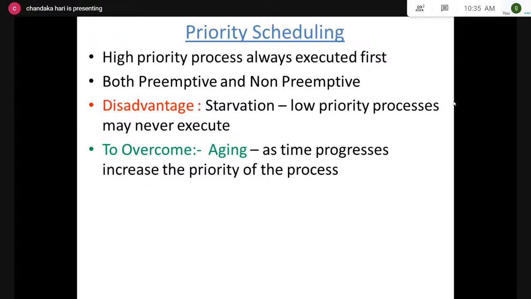Whereas in the case of a non-preemptive priority scheduling algorithm, it will simply put the new process at the end of the ready queue. So what is the main disadvantage of this algorithm? The main disadvantage is that it suffers from the starvation problem. What do you mean by starvation? A low priority process sometimes never gets the